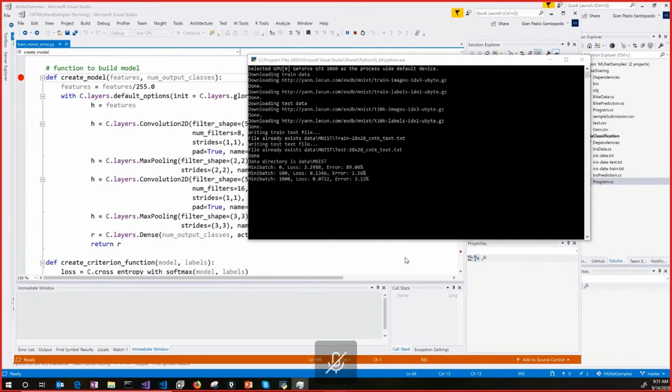So we are actually training the AI model. I want to show you my task manager, but it gets a bit slow. Yeah, here it is.